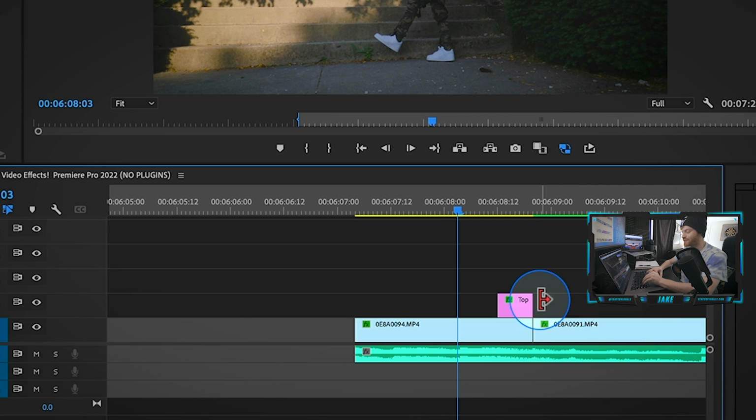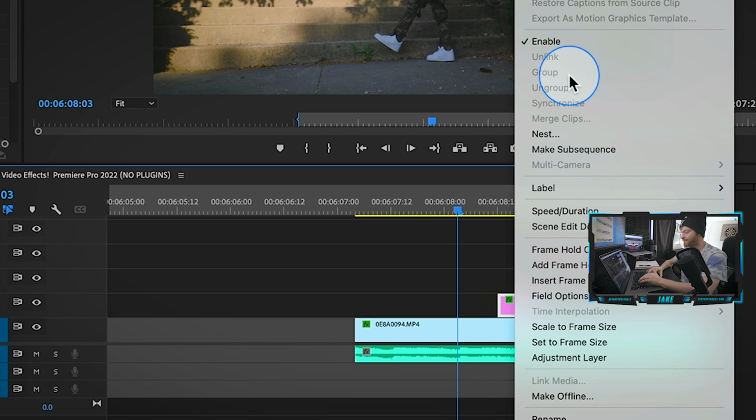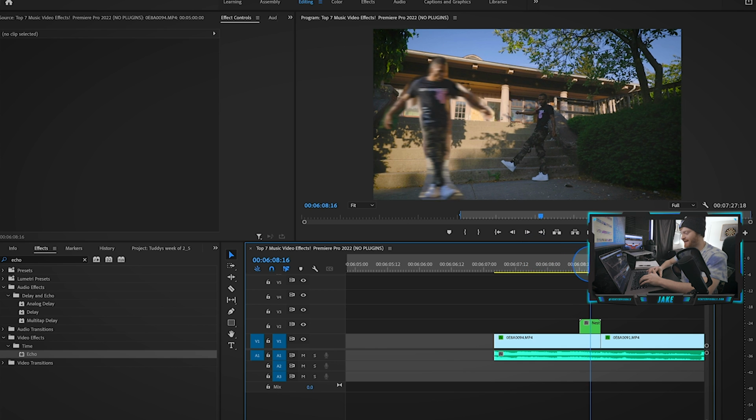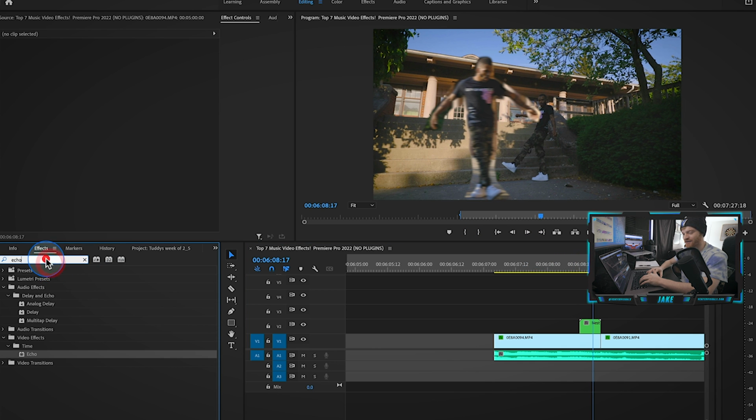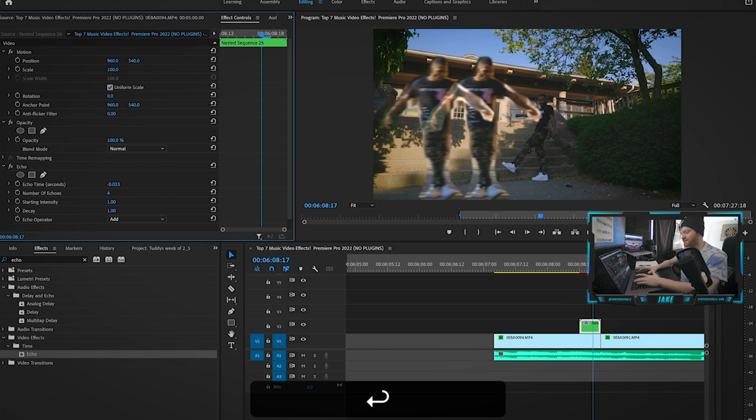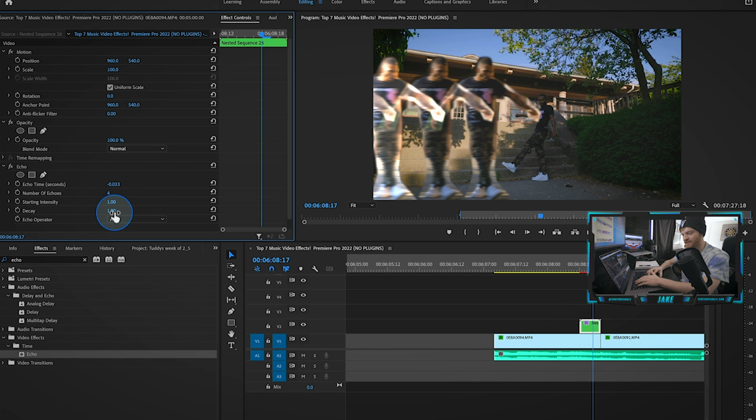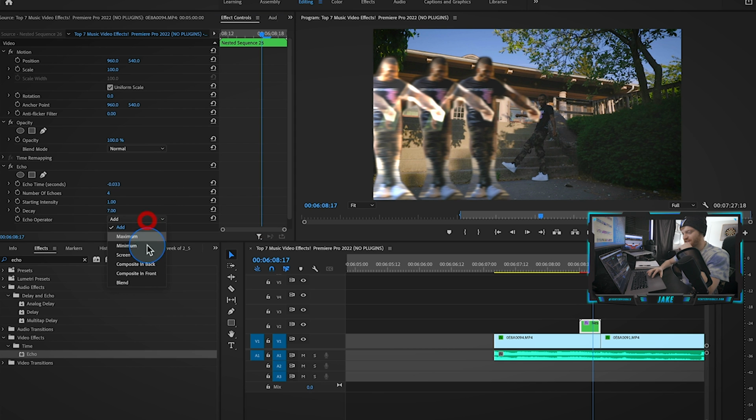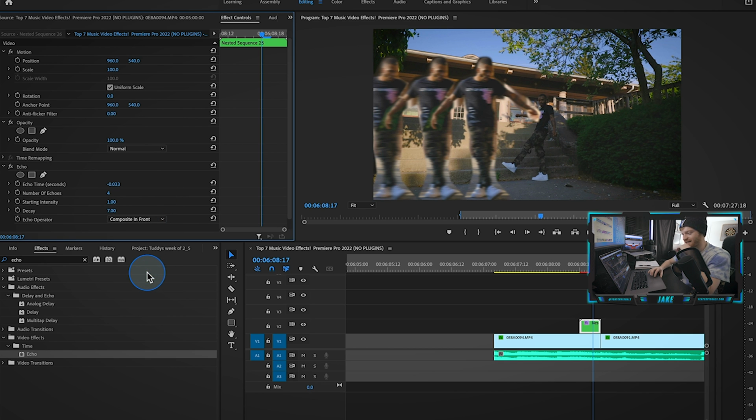So now that we got some motion blur, we're gonna right click on this clip, hit nest, hit OK, and then come over here to our effects tab and type an effect called echo. I'm gonna drag that effect onto this nested sequence right here, and as you can see, we get a clone of him. So I'm gonna change the number of echoes to, let's go with like 4 echoes, and then change the decay to something around 7, and also change the echo operator to composite in